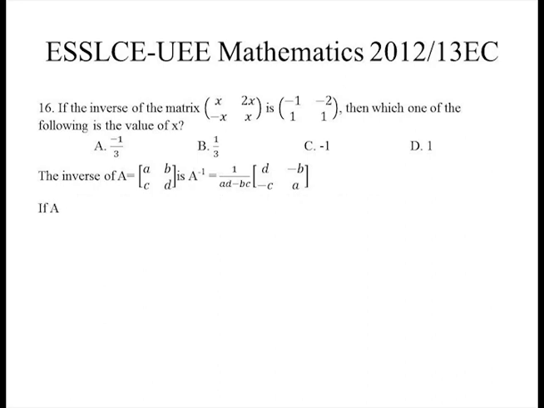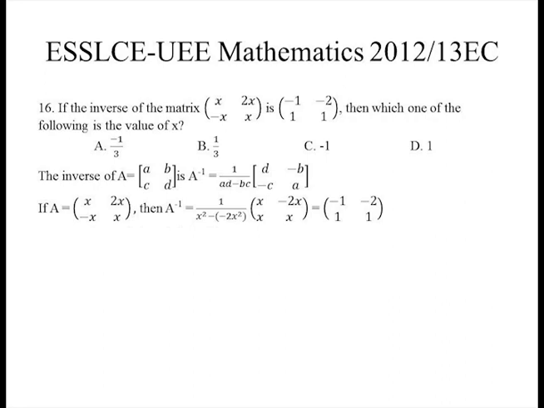Then if A is equal to the 2 by 2 matrix with elements of first row x, 2x and elements of second row negative x, x, then A inverse is equal to 1 over the determinant of A, that's x times x is x squared, minus negative x times 2x is negative 2x squared, times this matrix: switch a and d, that's switch x by x, the same x, multiply 2x by negative, that's negative 2x, multiply negative x by negative, that is positive x, which is equal to the inverse matrix,